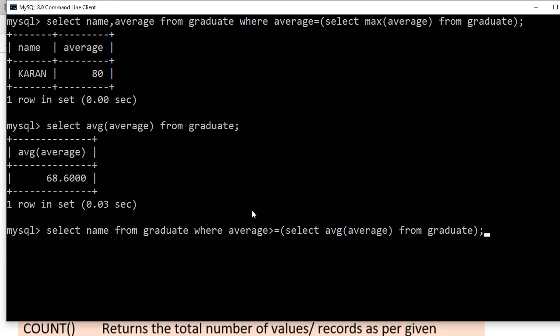Do not get confused here, average is coming here, so this average is nothing, understand, this is simply a column name, nothing to deal upon.